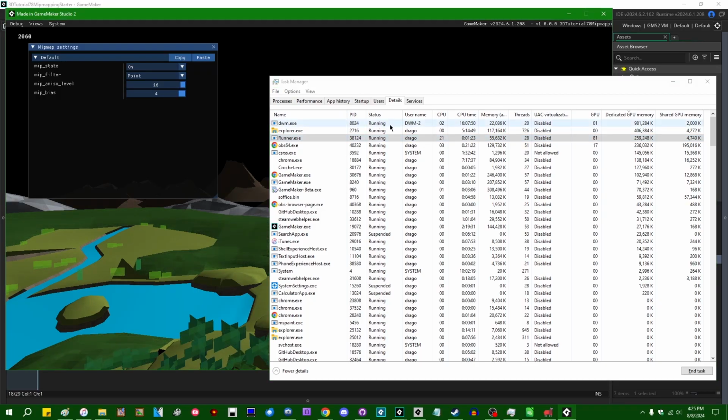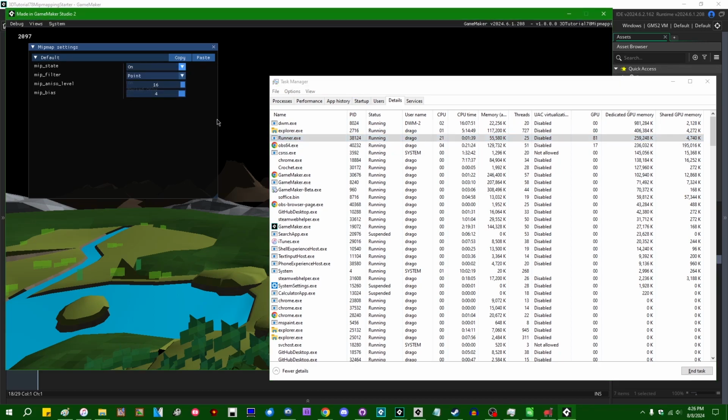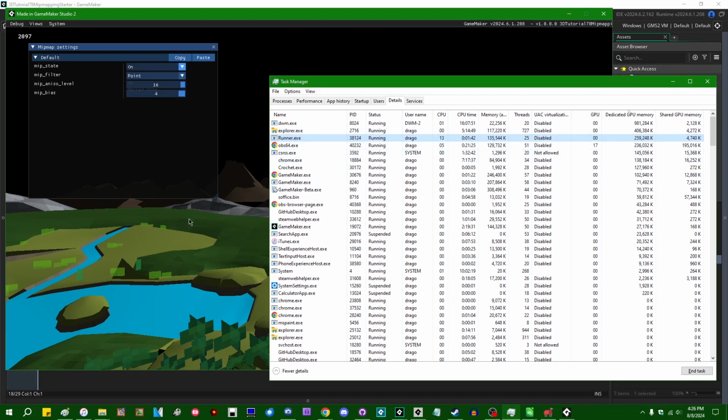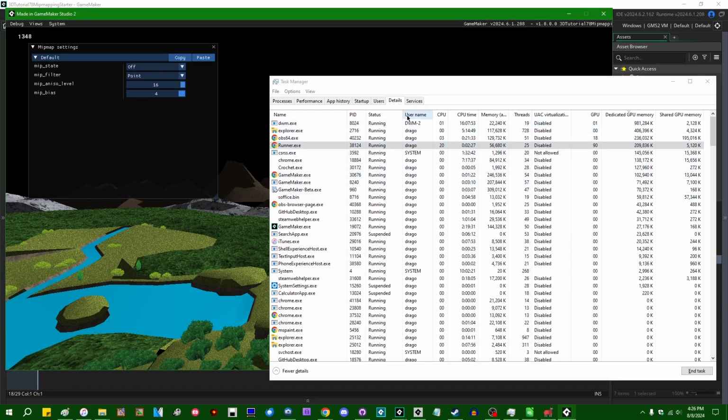If I increase the MIP bias, are the old ones going to be unloaded? Like, are the higher quality images going to be unloaded after a time? It doesn't look like they are. If I turn them off entirely, this VRAM consumption should drop. Okay, I see we didn't drop like 30% or whatever the equivalent to a 1.5x increase would be, but we did drop a bit. And I'm going to guess that a lot of the remaining VRAM is for the frame buffer and the frozen vertex buffers and whatnot. But anyway,